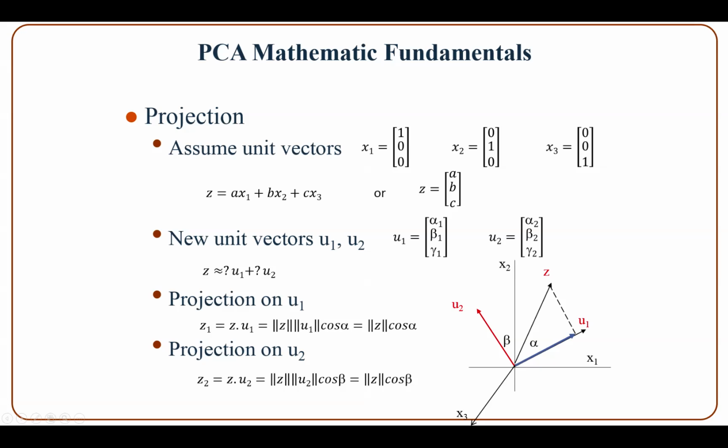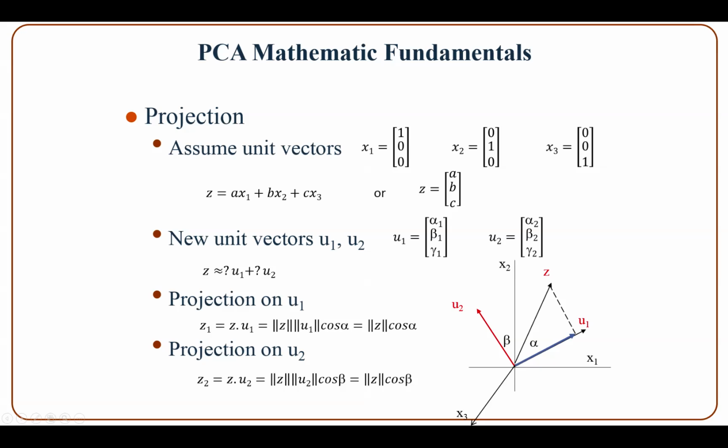So z1 is the dot product of z and u1, and because u1 is a vector of length 1, basically you have the norm of z times cosine of the angle between z and u1. And similarly, the portion on u2, which is z2, is the dot product of z and u2, and it is the norm of z times cosine of the angle between z and u2,